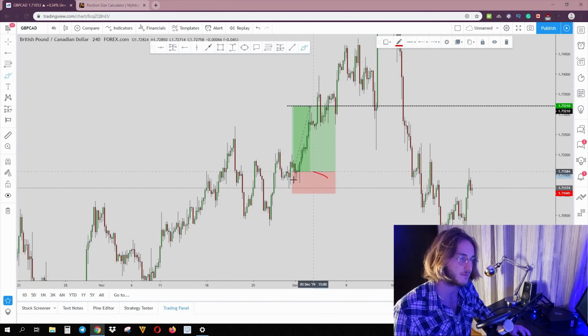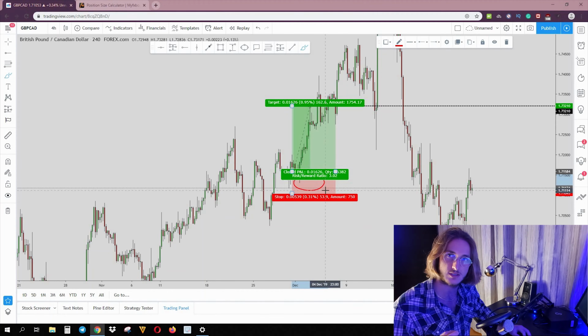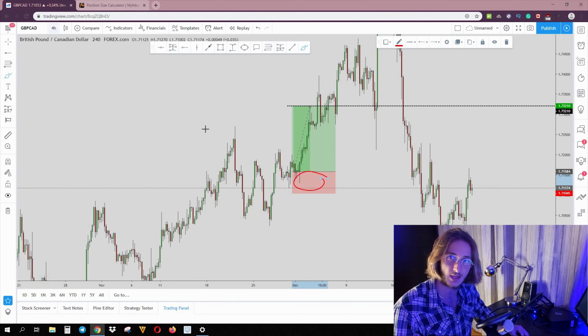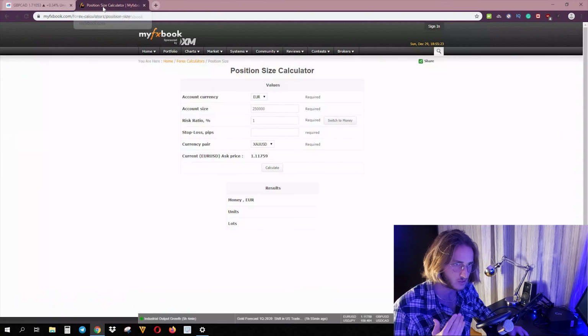How do I know that a 53.9 pips stop loss equals actually 1% of my account on GBP CAD? And this is a very simple calculation you can do by hand, but there is no need because it's full of calculators out there that can do this for you. So you just go, for example, on my Forexbook position size calculator. Okay, you can just Google Myfxbook position size calculator, and what you can clearly do is just put